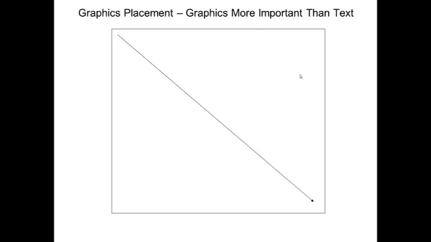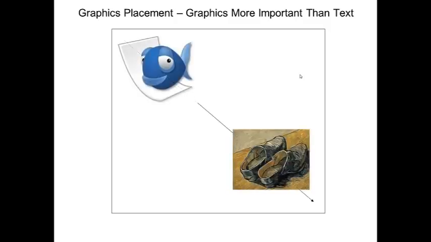Let's now look at placing the graphics. We tend to read our page and scan our page from the top left-hand corner to the bottom right-hand corner. Now that has implications for how we place the graphics. If the graphics is more important than the text, then we place the pictures on the top left-hand corner and on the bottom right-hand corner, and